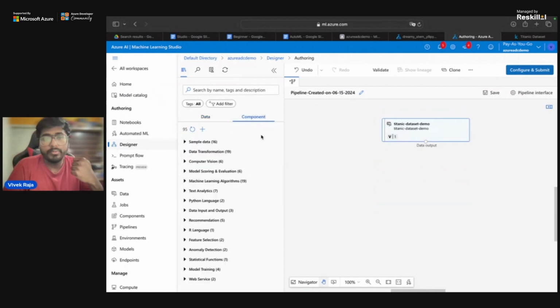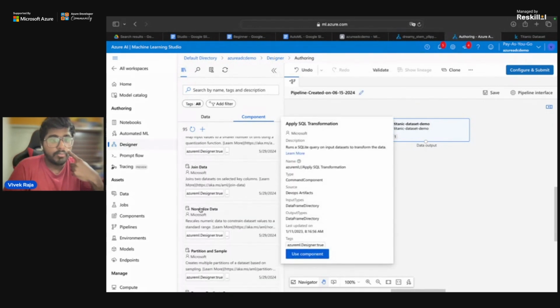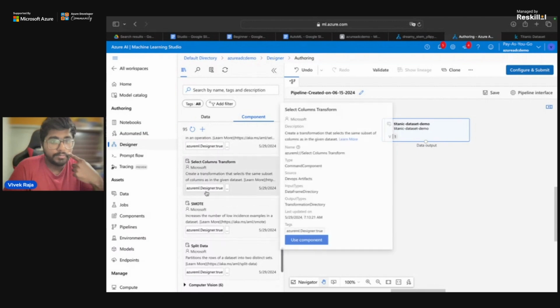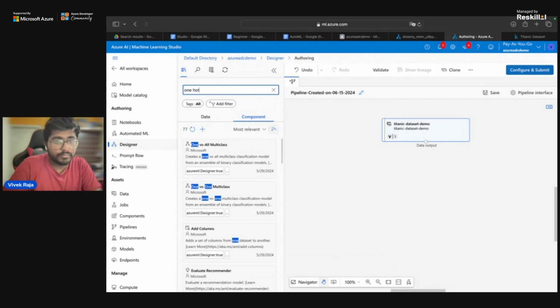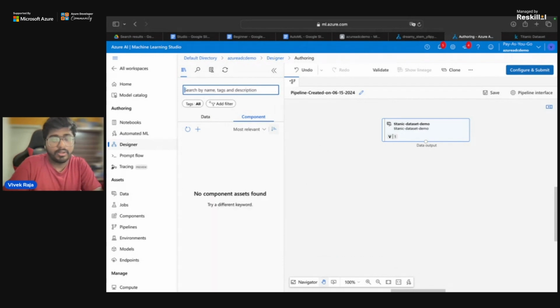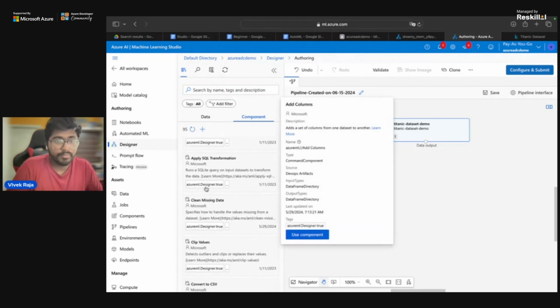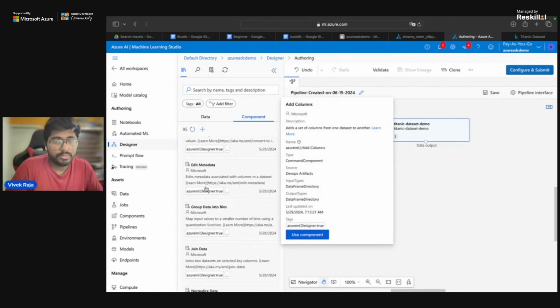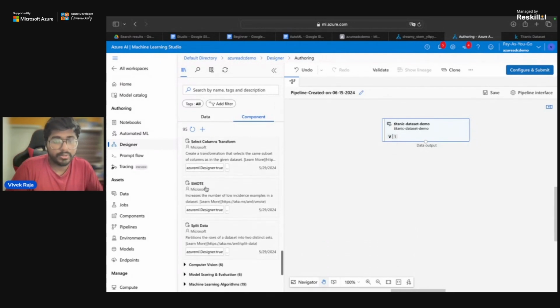Now what I want to do, as I said, is make the gender zeros and ones, which is easy for my machine learning model to understand. So how am I going to transform it? I'm going to do something called one hot encoding. Let me try to find that. Let me check if there is an operation for me to convert those strings. There are a lot of ways you can do it.